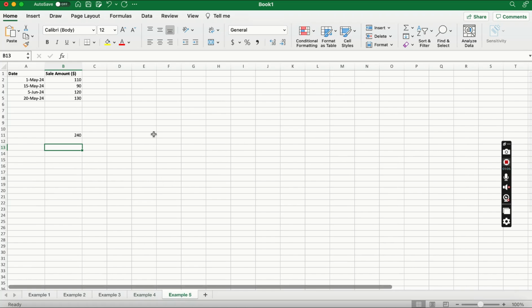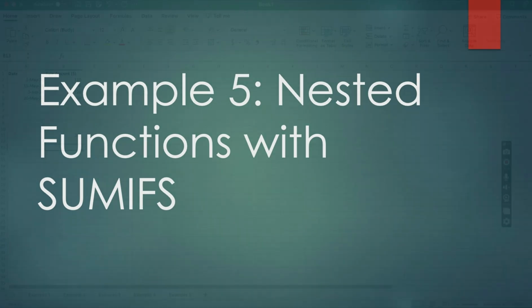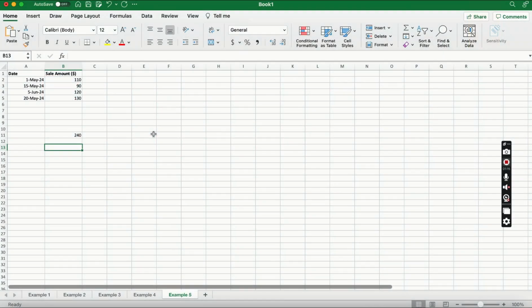So now I'll show the next example, and this example talks about nested functions. So it's nested functions with some IFs. Nested functions combine multiple functions in one formula. Imagine you need to calculate a conditional sum where only sales above $100 that occurred in May are totaled. So we calculate total sales for items over $100 sold in May here, and there's a long function, so we type in